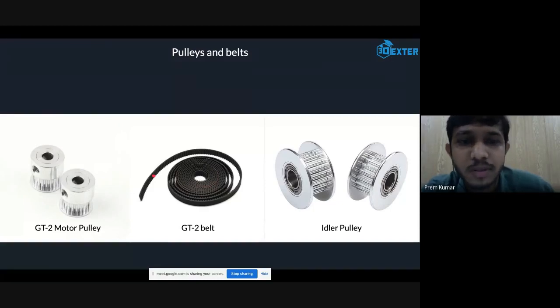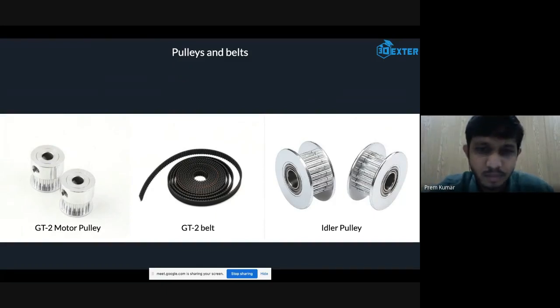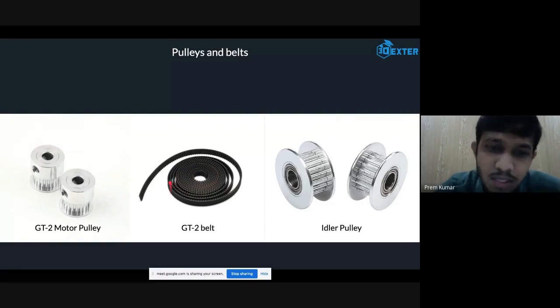They are actually designed for the same kind of motion. Like if the motor is spinning in a clockwise direction, it will keep spinning in a clockwise direction for longer. It might be faster or slower, but still there won't be much change in the direction of the motion. Like if you see a 3D printer, you will see the XY axis moving left and right. So there are many changes in direction. That is why these belts are suitable for linear motion mechanisms.